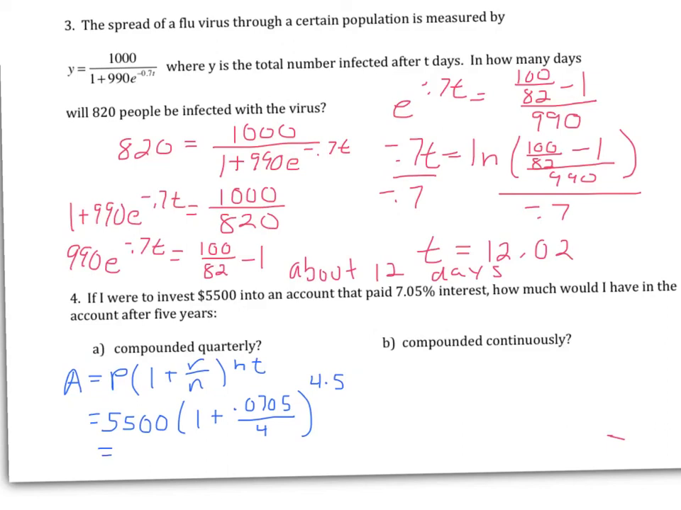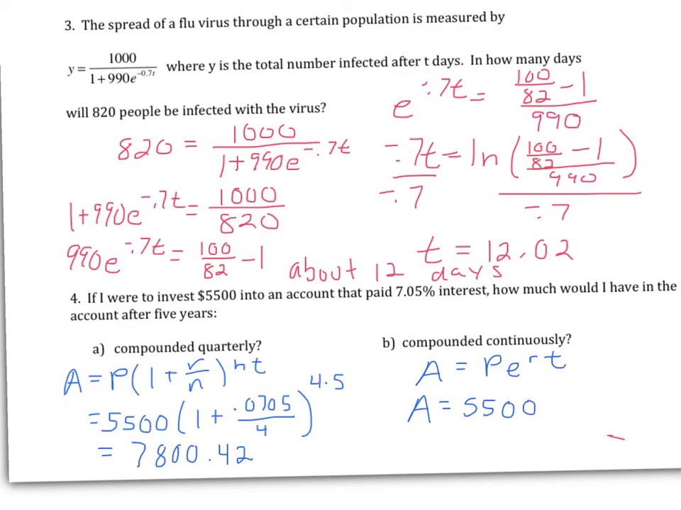And we'll get 7,842 cents. If our interest is being compounded continuously, we use a different equation, and that is A equals P e to the r t. So we'll plug